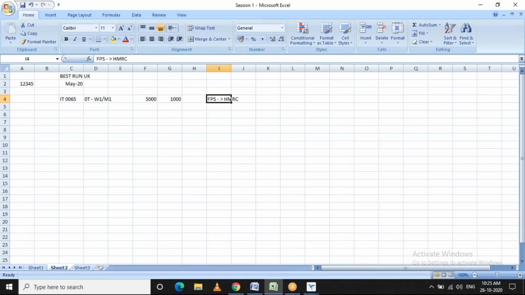Based on this employee's earning and the tax code, HMRC in return will inform the customer whether to follow the same tax code or a different tax code. This will come to the system as a P9 or P6 form.